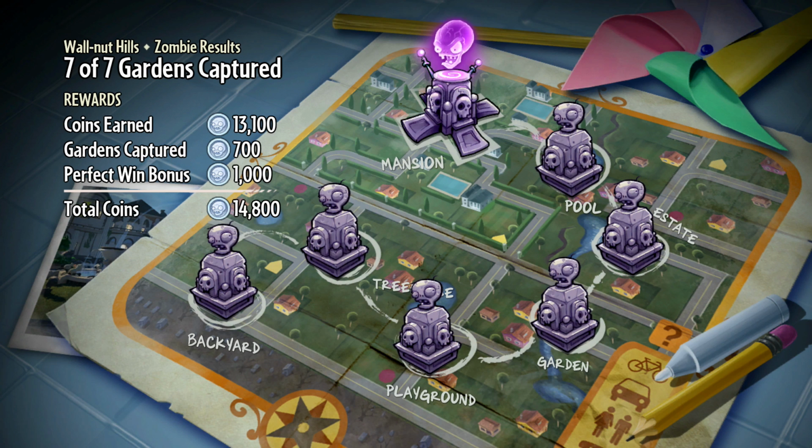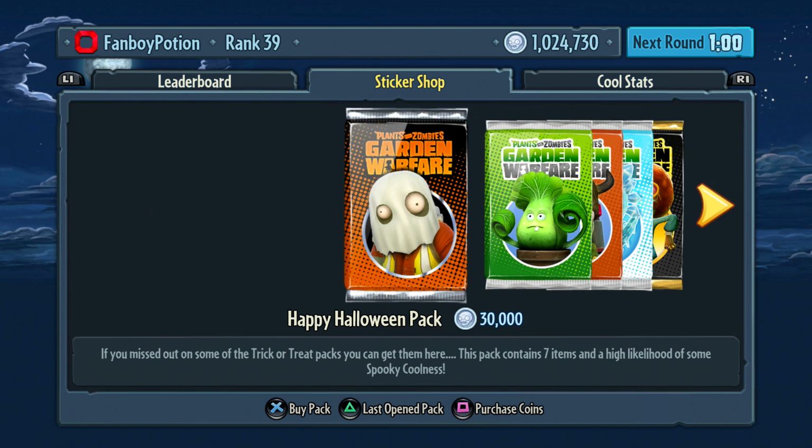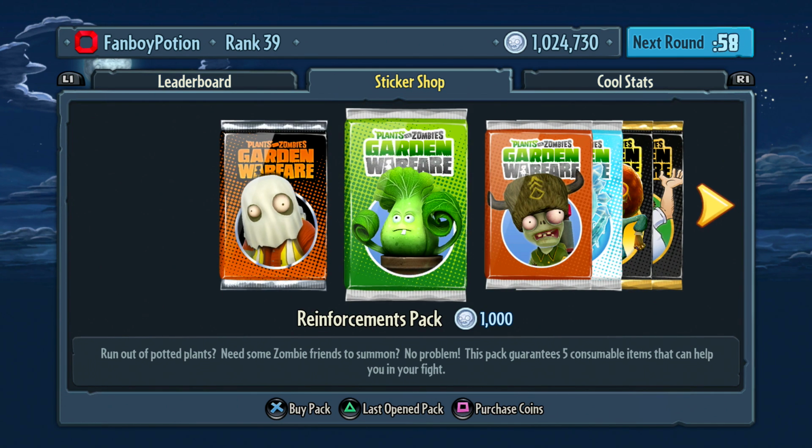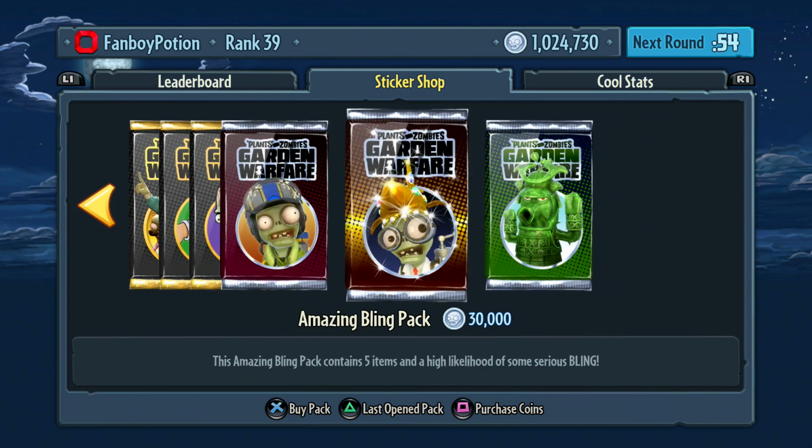All right, so we got about 14,800 points, which is not spectacular, but it's a decent amount. You're going to get a crazy pack out of that. You can get a few consumable packs, which is really cool. The reinforcements packs, I should say. And more importantly, two performances like this basically get you the Zomboss Down, the Blink pack,